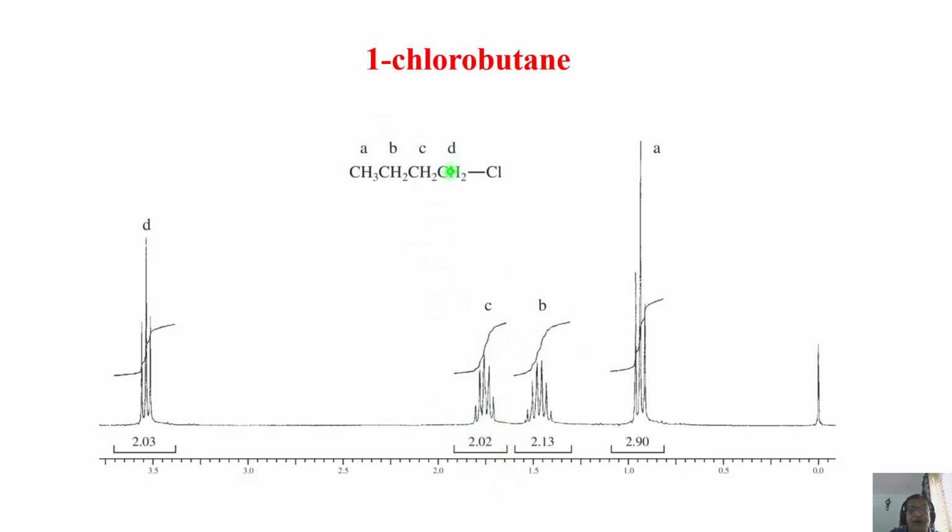This must be what? Now you have assigned this, you assign this, you assign this. Then this must be the one left over. True. But then what is the multiplicity? Why is it coming? Remember, this CH2 experiences coupling with this CH2 and also this CH2. So what is the pattern? Because of coupling with this CH2, it is a triplet. And each line of the triplet is split further into a triplet because of this CH2.